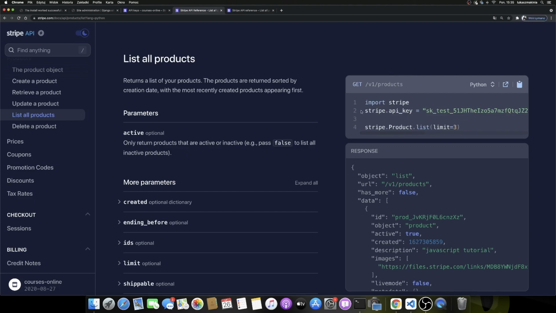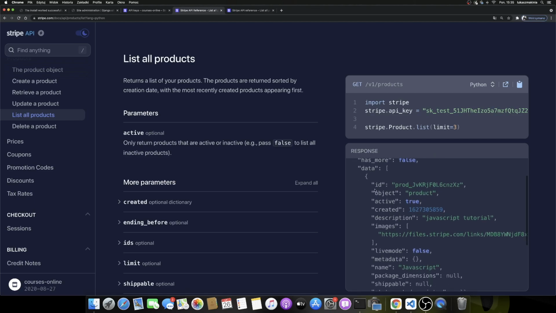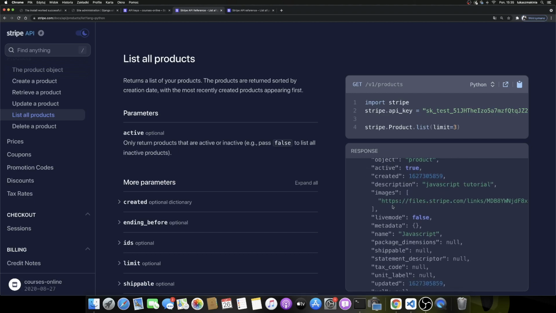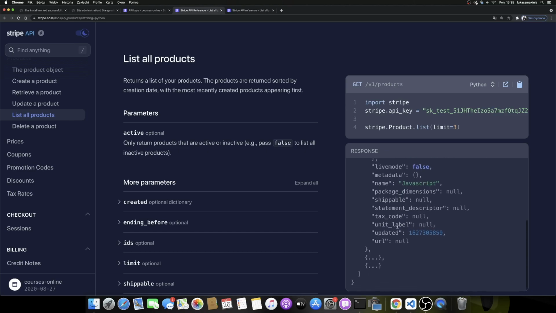So we need to import Stripe, we need to provide the Stripe API key, and we need to write stripe.Product.list, and over here we are passing the limit is equal to 3, so we are limiting the product list to 3 items. However, we only have 3 courses, so we basically have 3 items, and we can go ahead and simply skip this. We don't need it. And then we have a response. So what do we have over here? We have the product ID, we have the created, description, images, we have the name,